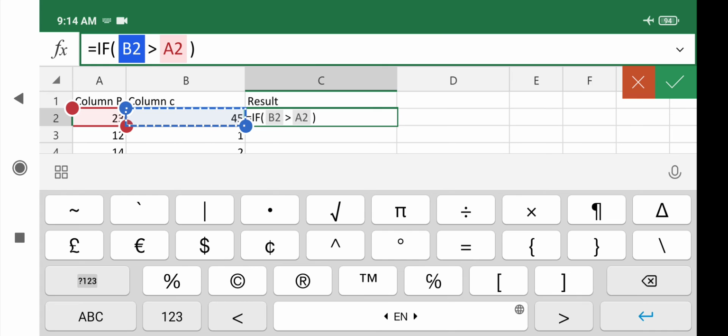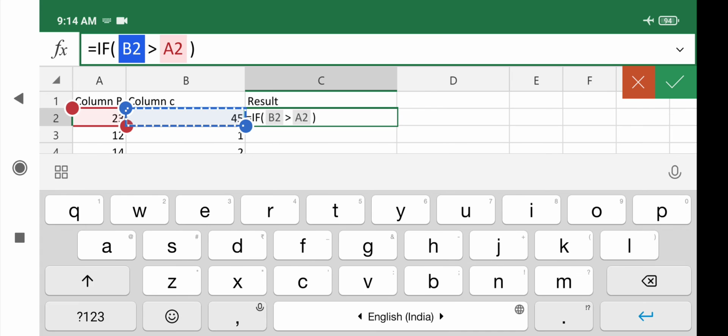Column B is greater than column A, because column A I have put at the below. So column C value is in B2 and column B value is in A2. Okay, if this is greater, then comma,